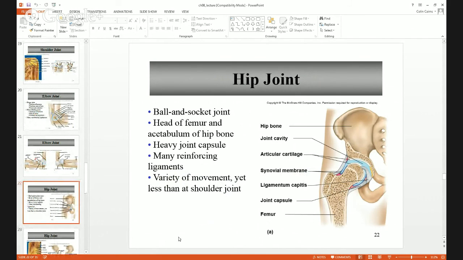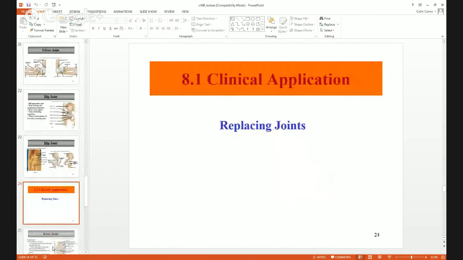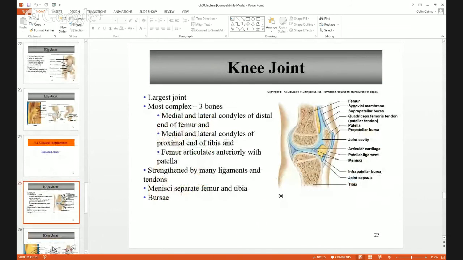There's the hip joint. It's also a ball and socket joint, where the head of the femur articulates with the acetabulum of the hip bone. It's a heavy joint capsule. There's many reinforcing ligaments, and it's a variety of movement, yet less than at the shoulder joint. Another picture of that. Knee joint, most complex,